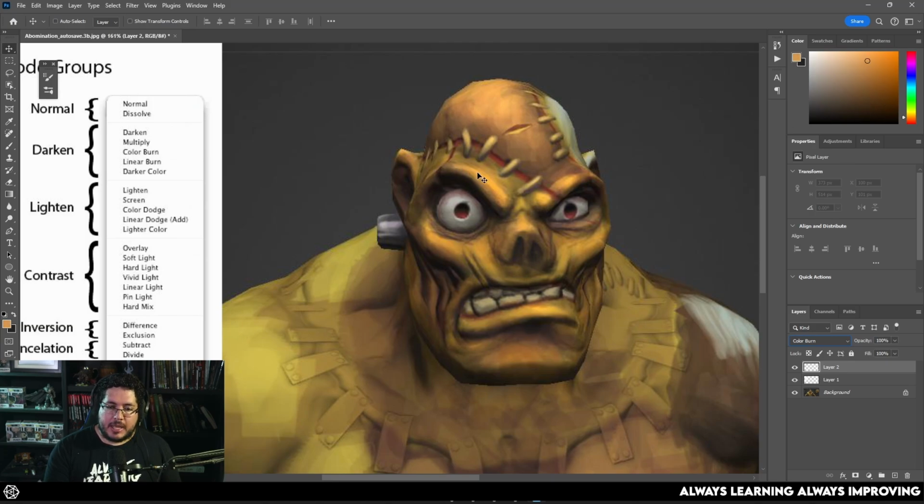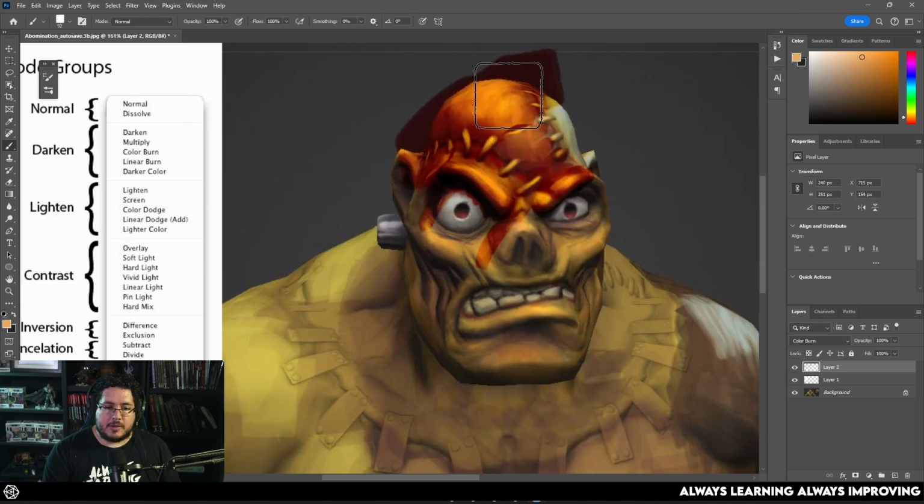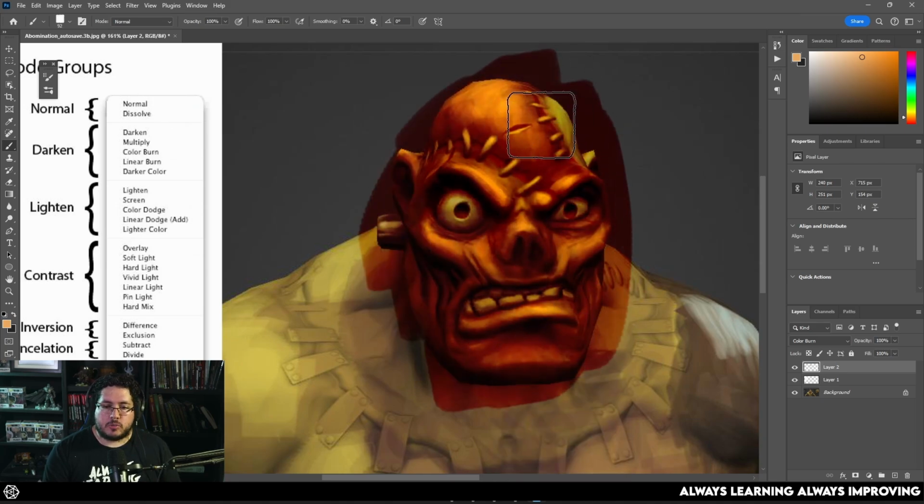So for instance, if I want to add like a really strong highlight right here, I can grab a very saturated and very bright color, and when I paint this right here, in color burn, you're gonna get way more contrast. See, so it's kind of like as the name implies, it burns the color, it darkens the element, but it pushes the saturation as well, which is very important. Not all of the layers behave this way, but in this case, you do push the saturation and everything quite high.